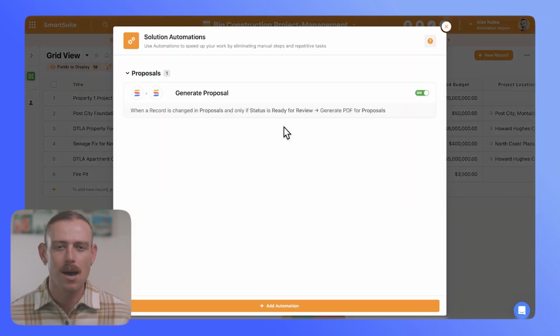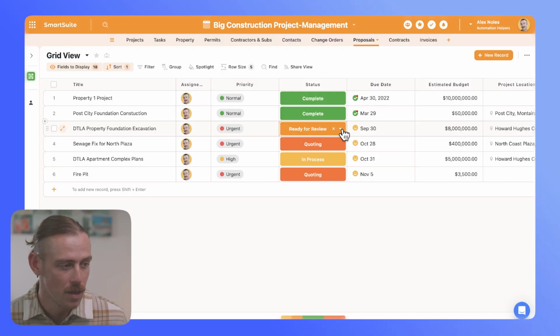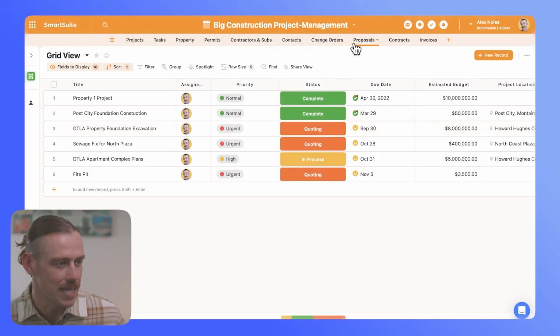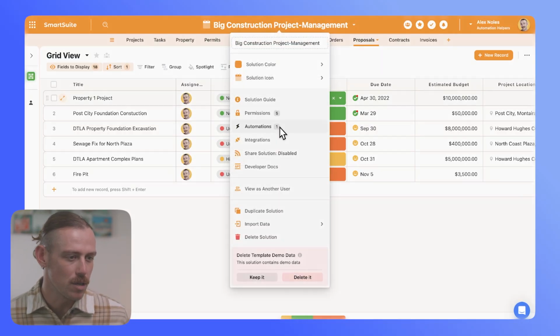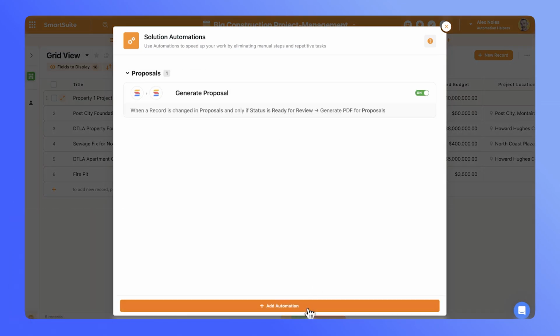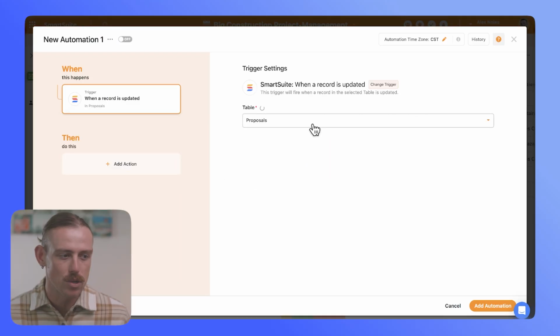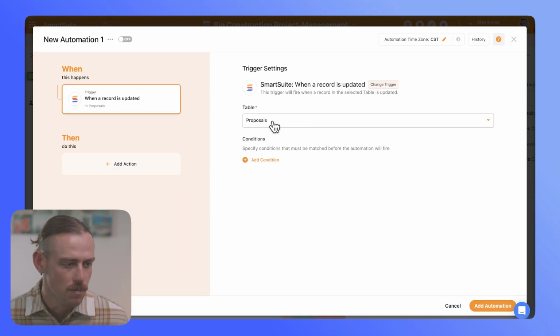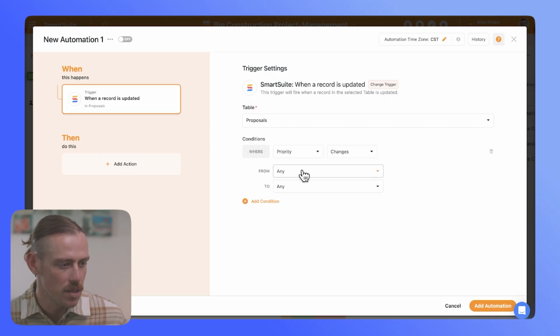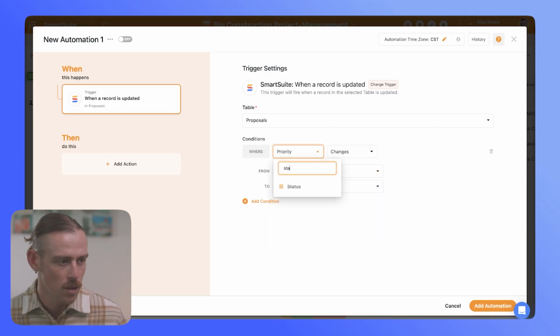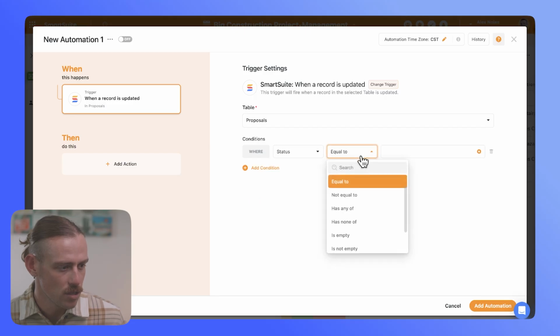Now we want to decide what is our trigger event. When and why do we want to generate a doc from our template? Let's say when our proposal status hits ready to review, we want to generate the document. So from our table, we're going to select the solution dropdown and automations. Then we're going to create a new automation and we'll select that when a record is updated. Of course, we'll need to ensure that the proposals table is selected, and we'll add the condition so that when the status, not the priority, when the status changes